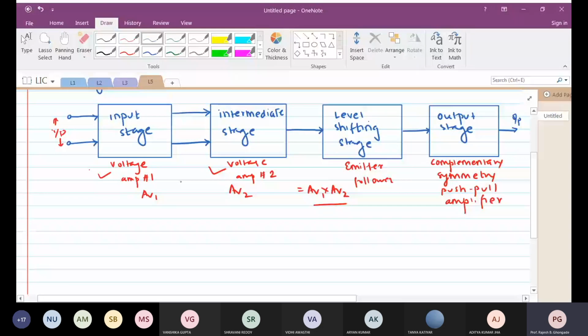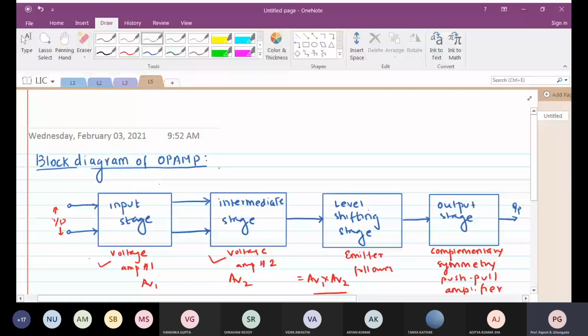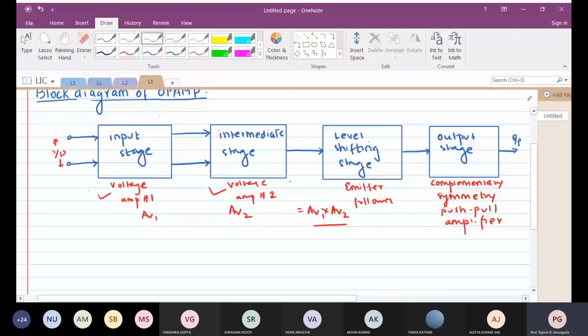All right. So the other day before yesterday, yesterday was a Multisim session. So today, the day before that, we looked at the block diagram, the internal block diagram of operational amplifier, and we said that there are two stages for voltage amplification: the input stage and the intermediate stage. Then we have what is called a level shifting stage, which necessarily is an emitter follower, and the output stage, which is a complementary class AB amplifier. Okay, and we have also said why we cannot use common emitter amplifier as the input stage and the intermediate stage. Okay, so we'll just summarize those things here so that it will be easier for you to understand.